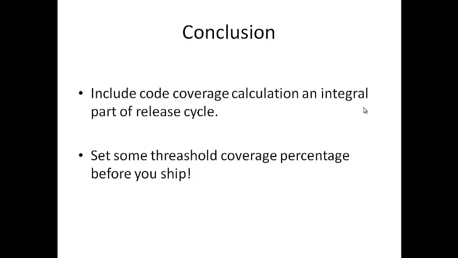To conclude, we would like to say that all software development teams should include code coverage calculation as an integral part of their release cycle. The team should set a minimum code coverage goal prior to project release. This should be done by keeping in mind the available testing resources and the importance of preventing post-release failures. A software for which impact of failure is very high should clearly have a high code coverage goal. Sometimes unit tests can be given more priority than system tests in projects where a failure in lower level code may affect multiple high level callers. This is the case for most of the projects.